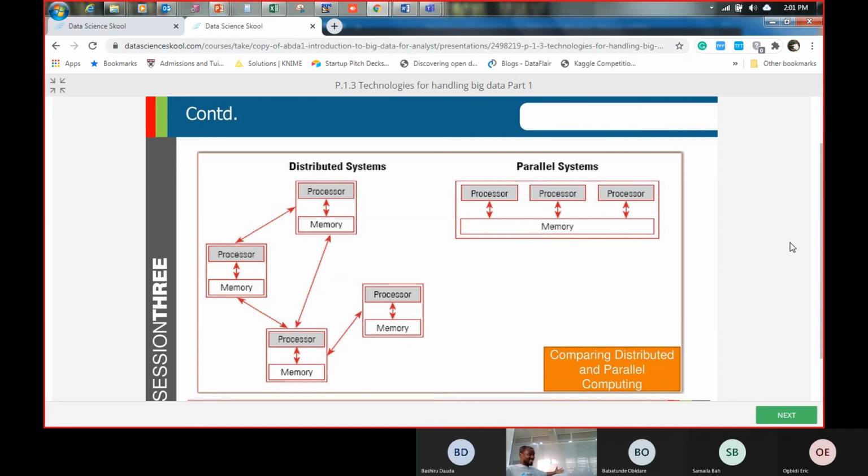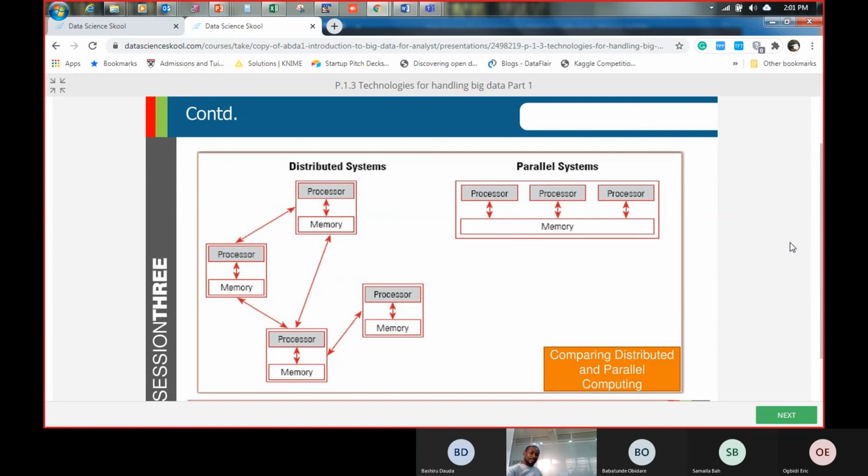But if you have a very big RAM, it will just load it in the twinkle of an eye. You just load it fast. So with distributed computing, big data is still having the latency challenge. How we can solve it is to introduce more processor and more memory into it.